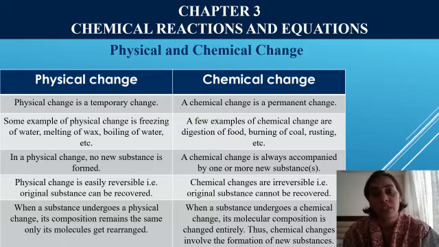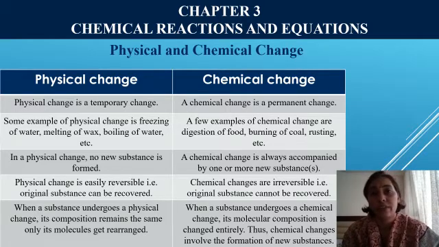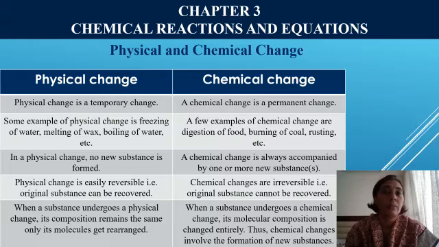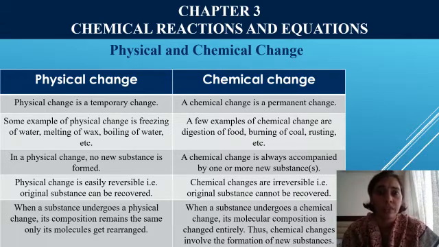Chemical change is a permanent change, as they have said here. So the best example would be sodium chloride. Sodium is a metal, it is highly reactive, and it is always stored under kerosene because it is highly reactive with oxygen. Chlorine, on the other hand, is a poisonous gas. But when sodium and chlorine combine with one another, it forms sodium chloride, which is a part and parcel of our everyday life and the food that we eat. The food doesn't taste good if we do not have salt in it. So the properties of sodium chloride are very different from sodium and chlorine. Various examples we'll see in the consecutive points. Let's go to the next point.